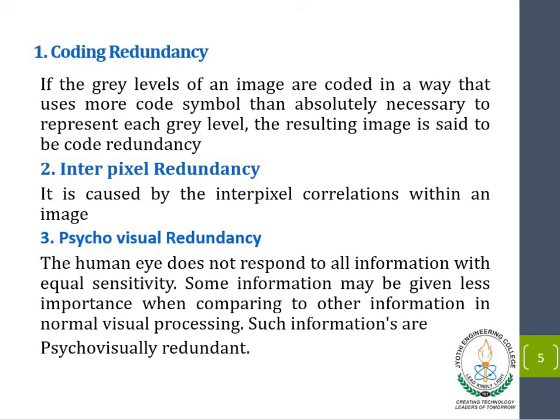A code is a system of symbols used for representing information. A code word is a sequence of symbols representing a piece of information. Thus, the code length is defined as the number of symbols in each code word. So we have three terms: code, code word, and code length.